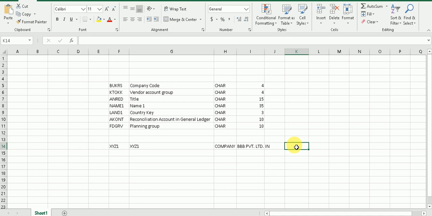What I have as reconciliation is 101 for vendor account, and for planning group I will take A1 for domestic.